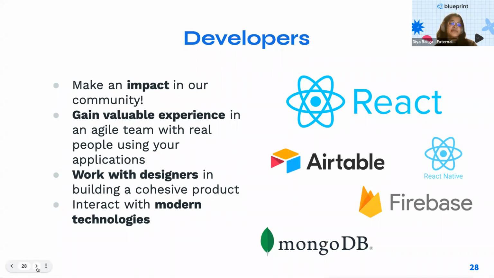As a developer, you'll be able to learn the ins and outs of modern technology from JavaScript and the React framework that are utilized heavily in industry, and you'll get to learn this and proper integration with the backend. Pretty awesome, right? It's also really important to develop soft skills since you'll rarely be working alone when you enter the tech industry. So active communication with other developers and with the design team will give you a better understanding of the work it takes to produce a sound and cohesive product. But don't take it from us, though. Take it from all of our alumni from that slide that you saw earlier that went to different companies using the skills, values, and ethics that they nurtured through Blueprint.